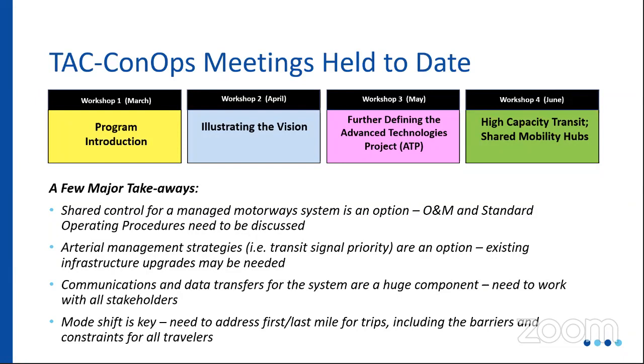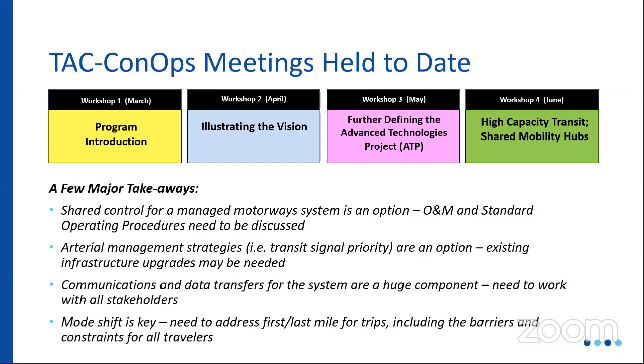There's much more detail that we are tracking in a very detailed issue matrix, but a few major things to highlight for you all that we think are relevant to you as PAC members is that we have teed up the conversation with your TAC members around shared control for this managed motorway system. We know that O&M is a big issue. We understand that standard operating procedures need to be discussed to particularly minimize the operational impacts to the local streets and to give some more clarity and detail to how this would all operate, not only under recurrent congestion, but under non-recurrent congestion when there are major incidents or even larger scale emergencies. So that conversation has started, but there's going to be more meat put on the bones as we move forward